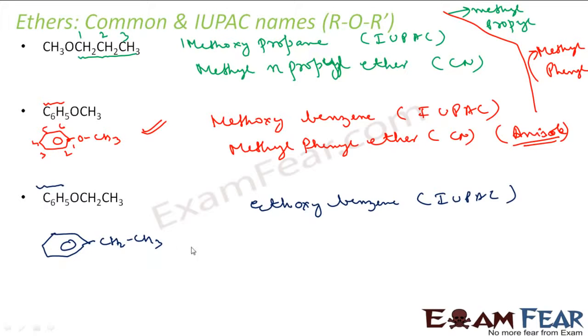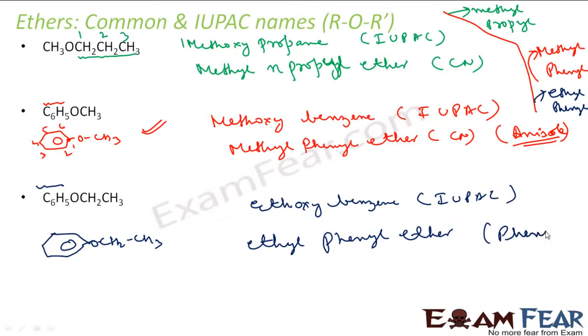And let's write the common name. So I have ethyl and phenyl group. So let me write here, I have ethyl and phenyl. A, B, C, D, E. E comes first, ethyl comes first. So it will be ethyl phenyl ether. Ethyl, sorry, I have O here. Ethyl phenyl ether. Correct? It is also called